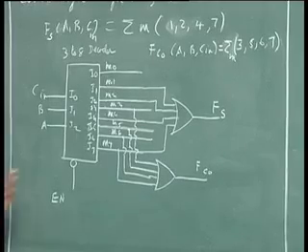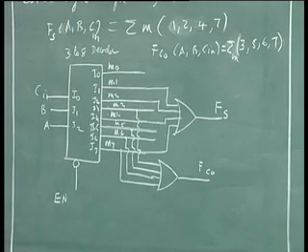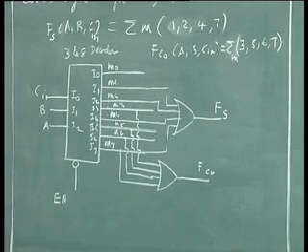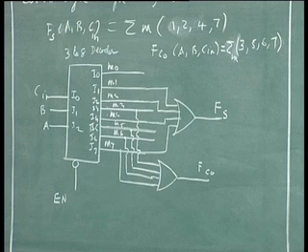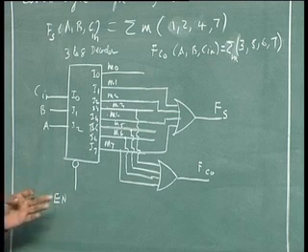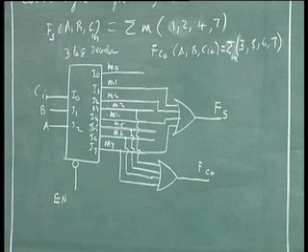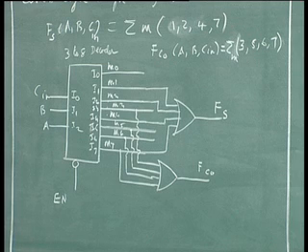Enable is usually a negative signal, I mean active low. Whenever you put a bubble on a signal, it means the signal is active when it is low, and when it is high it is not active. Whenever you do not put a bubble, the signal is active when it is high and not active when it is low. Okay, there is an enable signal here,